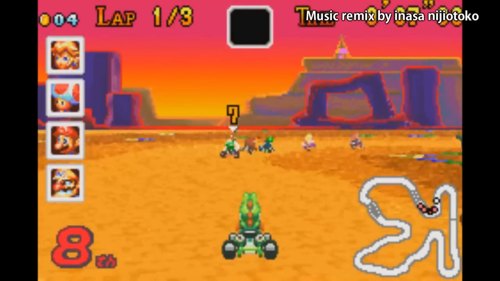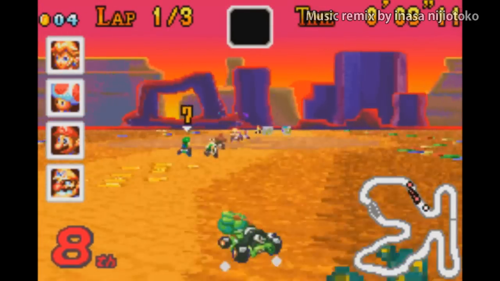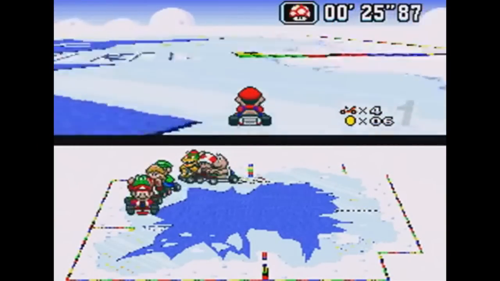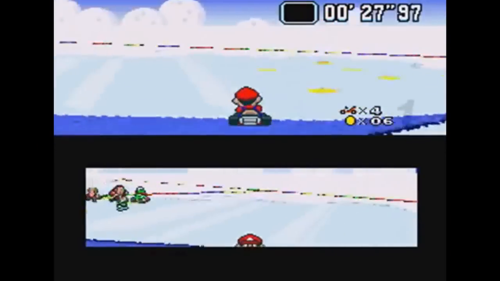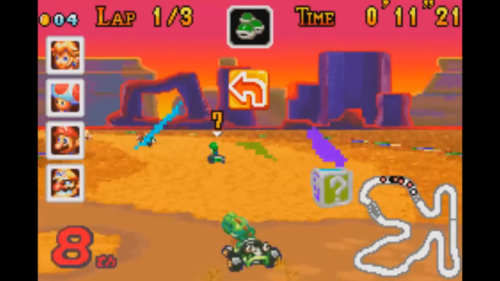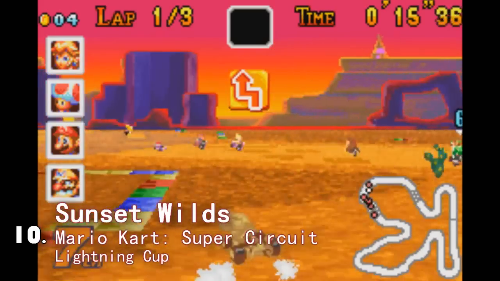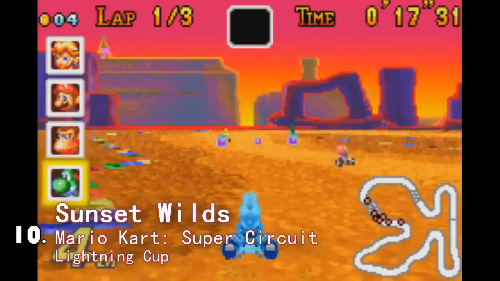And at 10th place we have... wait, wasn't Vanilla Lake 10th place? But... well... oh, screw this! We'll have a tie in the 10th place, because I can't leave Sunset Wilds from Mario Kart Super Circuit out